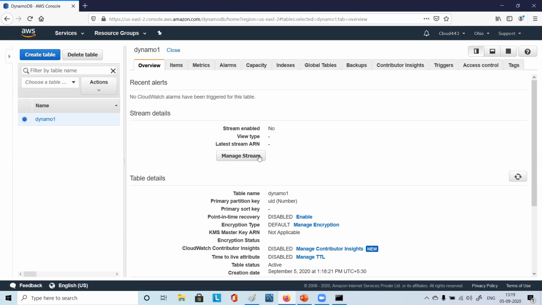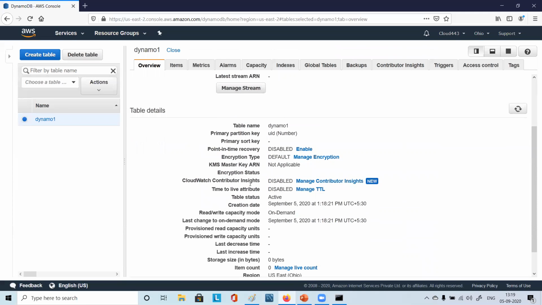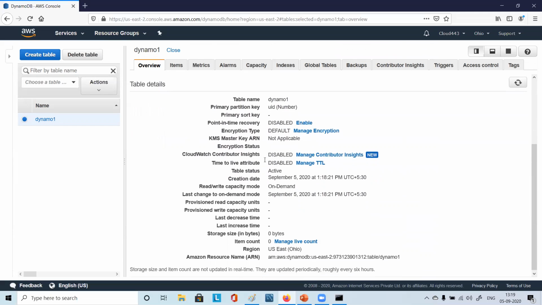If some item is getting created, some item is getting deleted, some item is getting updated, any changes will be captured when we enable this. So that is stream actually. That feature is there. You can manage that. Table details, all these options.